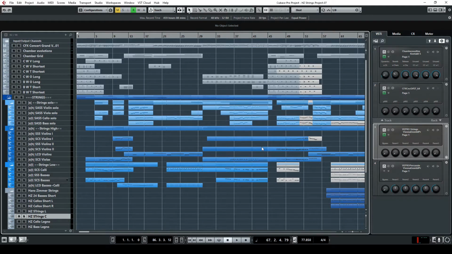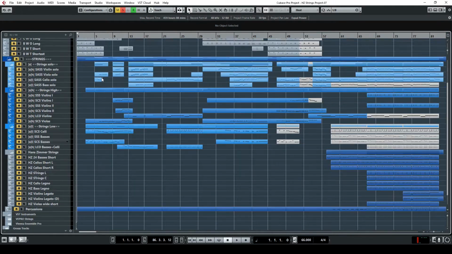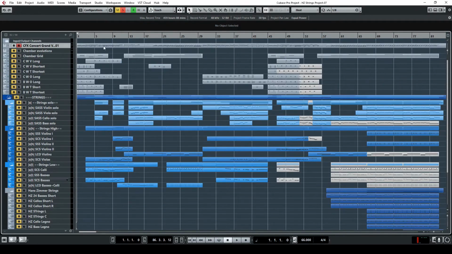If you don't know the composition, I really suggest that before going into this tutorial, you go and listen to the full composition. The intro of the composition is given to the piano and to the strings. In this case, I'm using the Chamber Evolutions strings from Spitfire Audio. Let's put just the piano